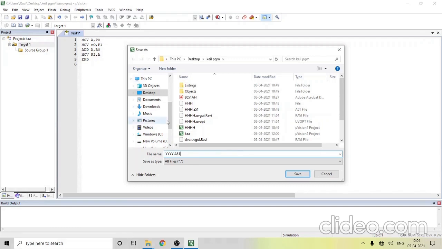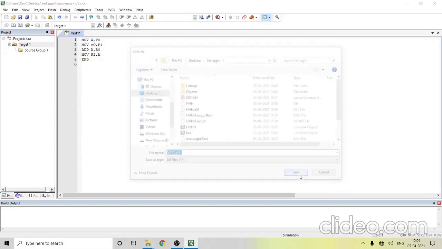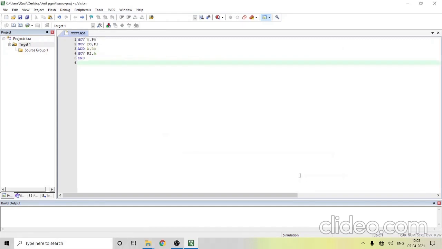Save it. After saving, you can see your commands in blue color and your registers in green color. Now see, since I have made a mistake here, this R0 is in black color, and this R0 is in green color. I actually typed something wrong. If I type properly, the registers will be in green color. Now I have cleared the error.